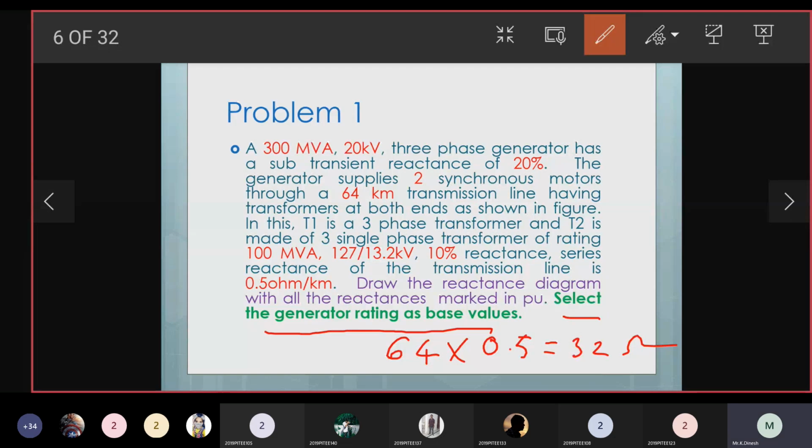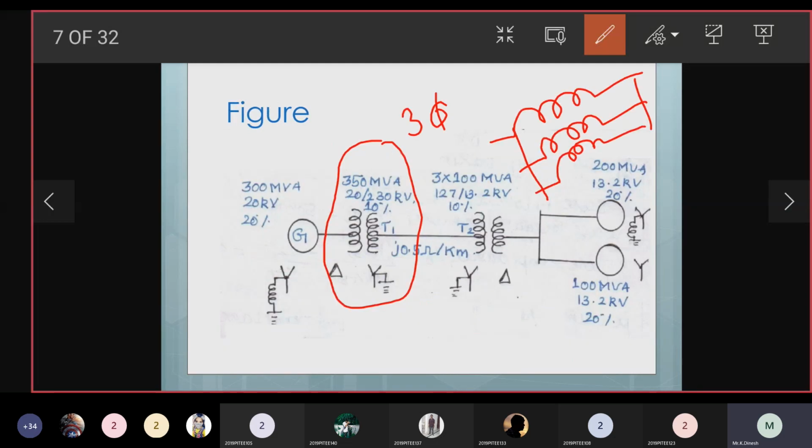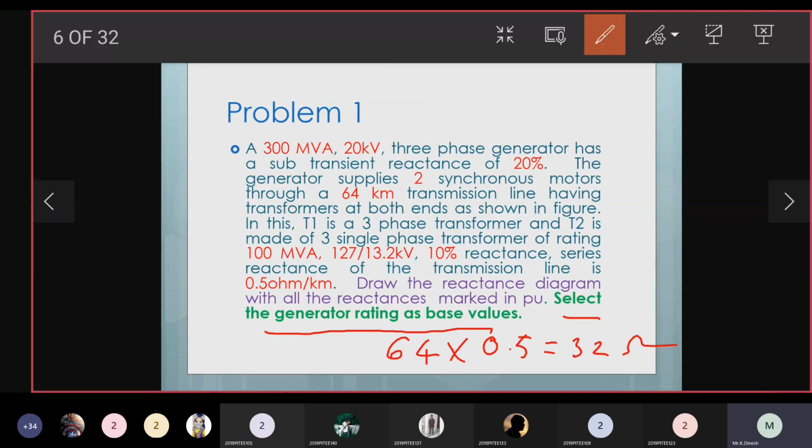So this is about your problem explanation. It is clearly given in the one-line diagram also. In the question itself, it is given. The same diagram is provided in the question also. Do you have any clarification with the question? If you have, you may ask. So once the question is clear, we will move on to the solution. Is the question clear to everyone? Shall I continue further?